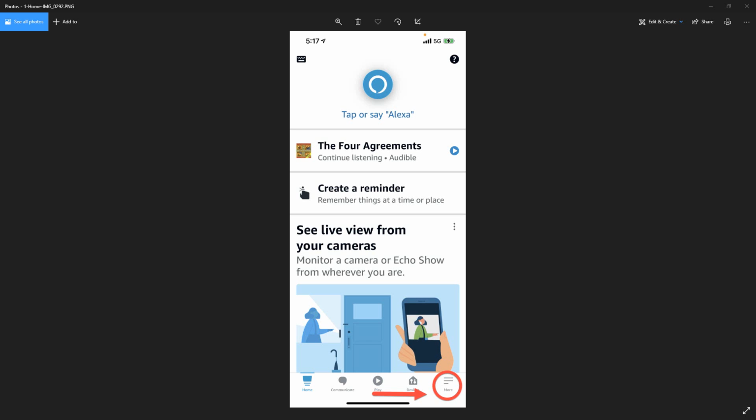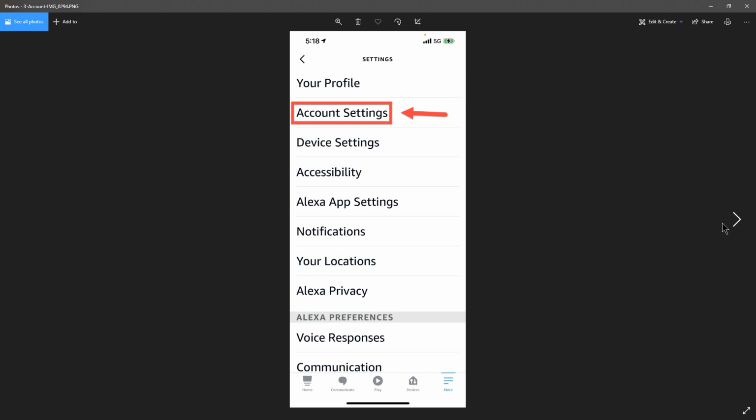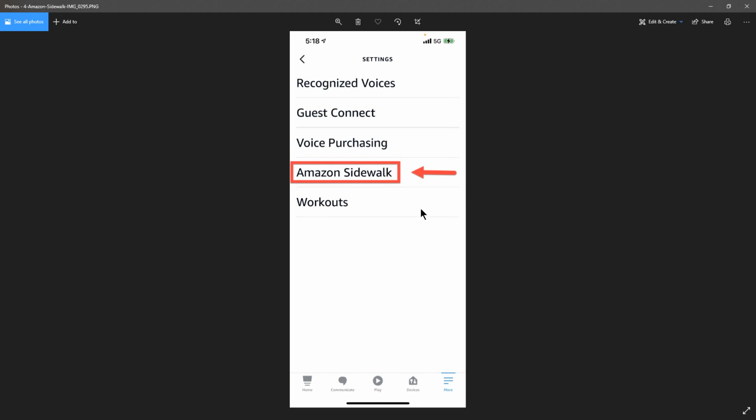So the first thing we're going to do is open up the Alexa app, and down in the corner here you see there's a thing that says More, so you're going to click on that. That will take you to a screen and you're going to find Settings on that screen. And then once you click on that, you'll come to another screen, and there's a thing that says Account Settings. You're going to want to click on that next. And after that, finally you'll get down to something that says Amazon Sidewalk, and then you're going to click on